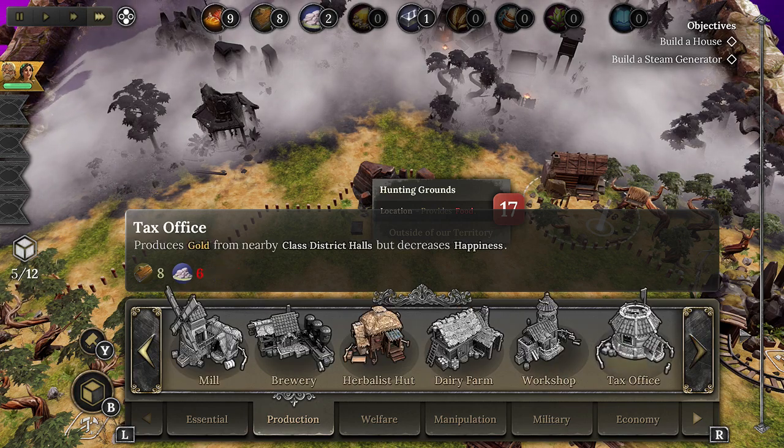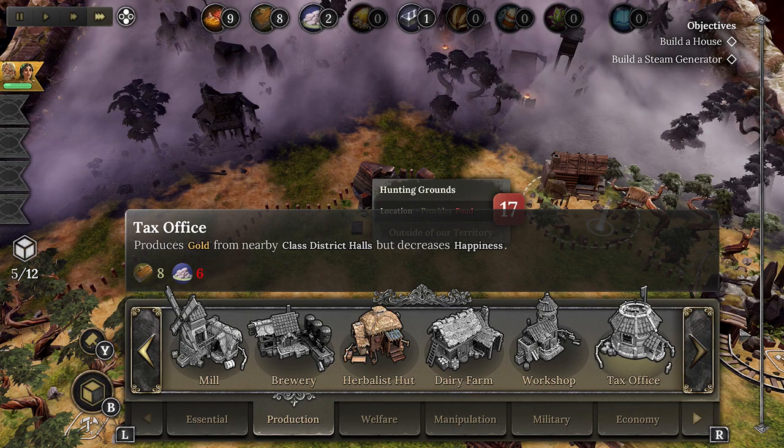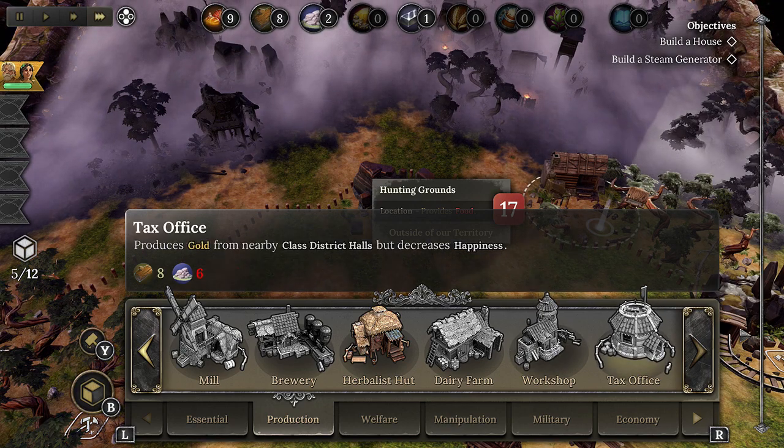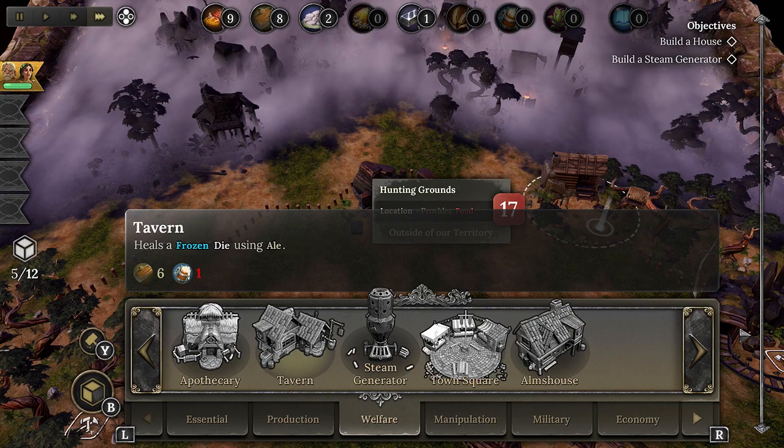What else have we got here? That's the tax office I was talking about. You can get gold either from mines, but if you haven't got enough gold, you can tax people, but then you have to worry about their happiness. If we go over to